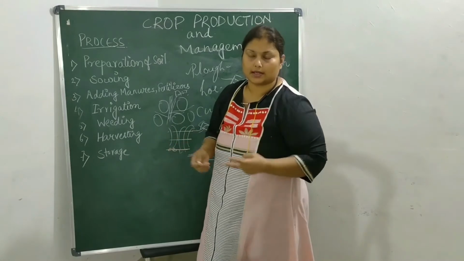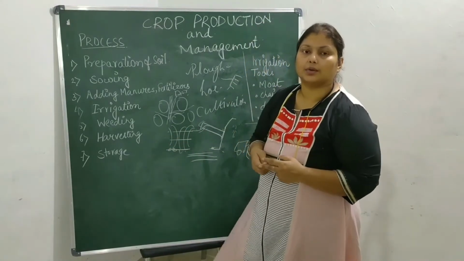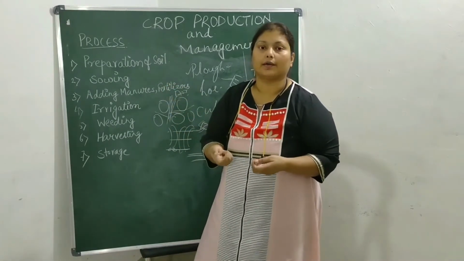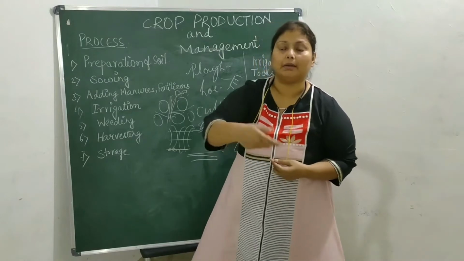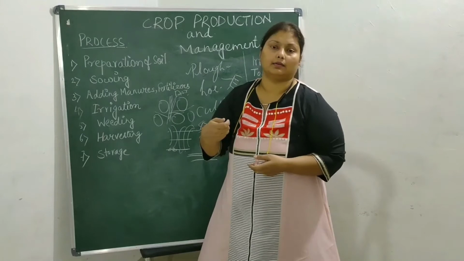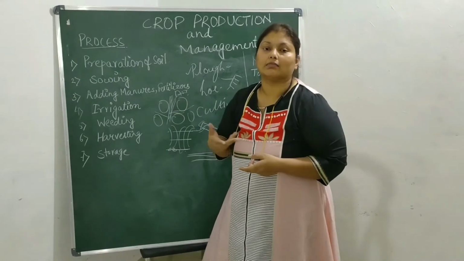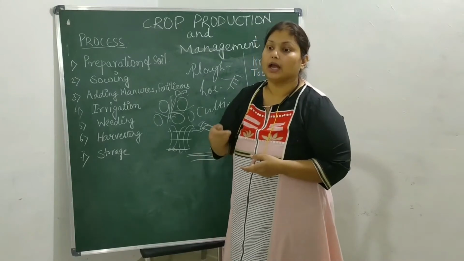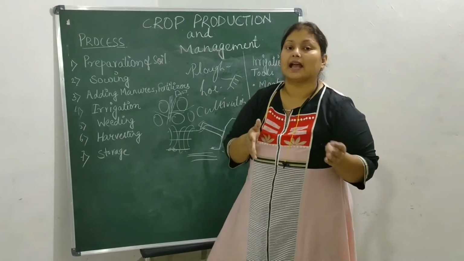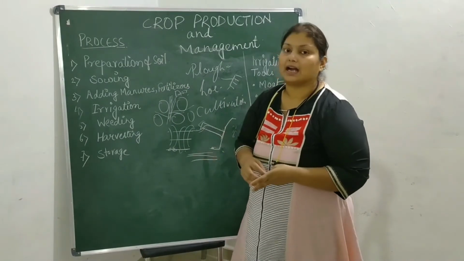There are two processes. Number one is the traditional method. Our Asian farmers did these things. So how did they do it? They take all the seeds and scatter them randomly on the land. So what is the drawback of using the traditional method? The farmers do not get a clear idea about how many seeds are scattered in a particular area. Is there an equal interval of gap between them? So these are the drawbacks.